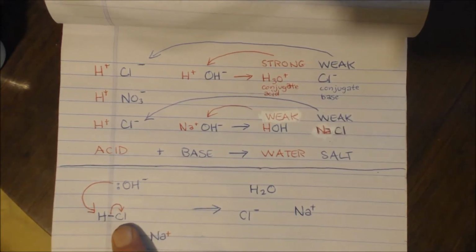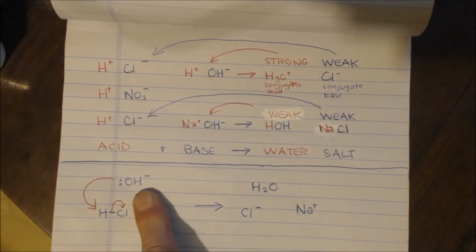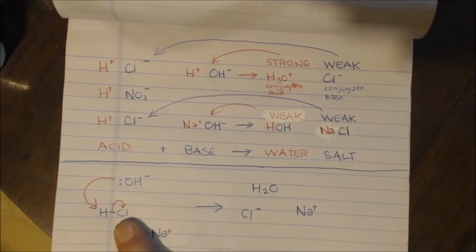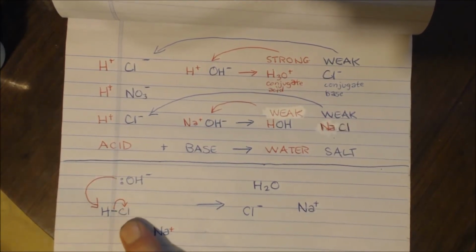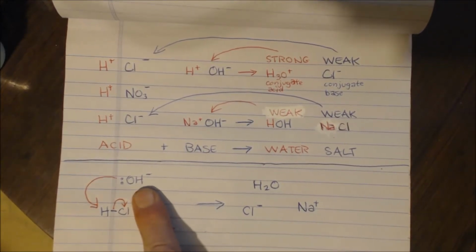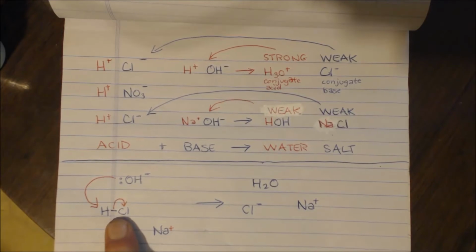And what does it get left with? Because this is a base, so it must be screwing this guy over, right? It's a negative whatever, right? It's a base. So what's left over is a negative chloride. You have a neutral HCl here, but you're left with a negative Cl. So hydroxide screwed it, so it must be the base, right? The hydrogen chloride is giving a positive proton. It's making a negative OH into a neutral H2O. I'd rather have nothing in my bank account than owe money, right? So obviously this is the acid.